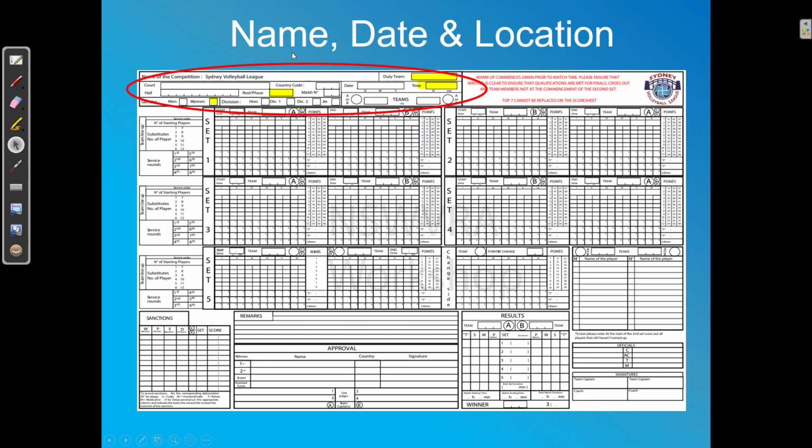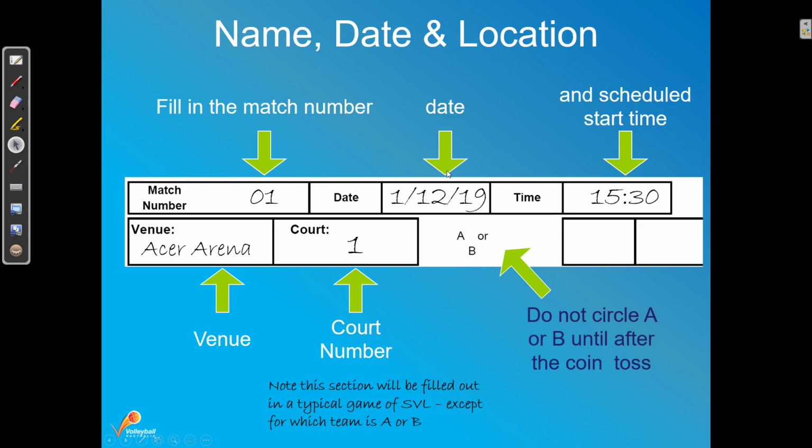So, name, date, location. When you guys are doing scoring, just double check that these items are correctly listed for your court. Not so much for this part with the name, date, and location of the tournament, but this next section,